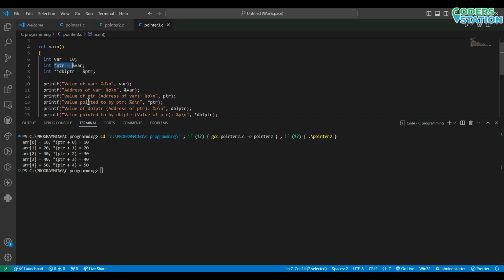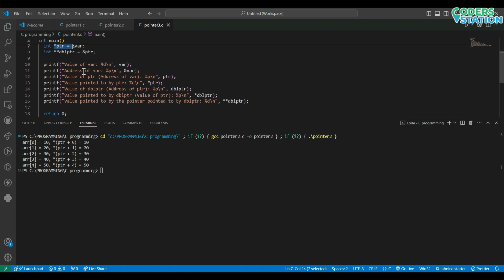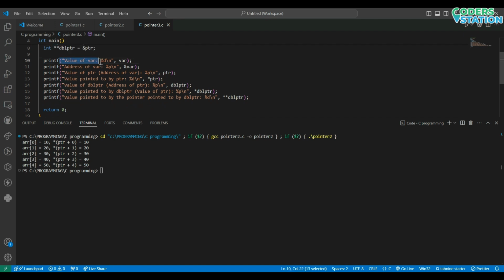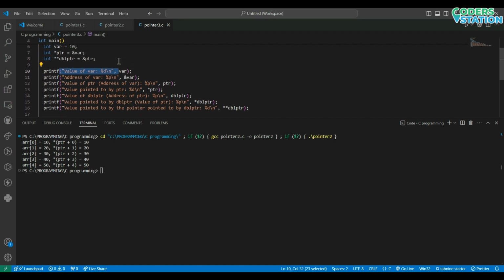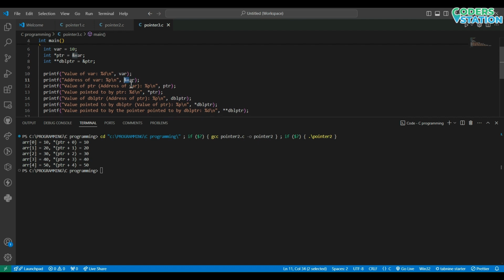Now I will explain the code and how this double pointer variable will work. First we are just printing the value of var, which is 10. Then we are printing the address of var using the ampersand symbol written in front of var, so this will print the address, the memory location of the var variable.